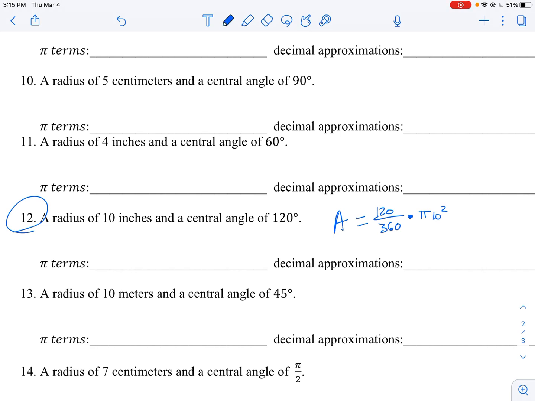And that's my formula, 120 out of 360, which is a third. I'm going to times by 10 squared, and 10 squared is 100, so it turns into 100 thirds times pi. Sorry, exact terms, 100 thirds pi, and for the decimal approximation you just times it by pi,